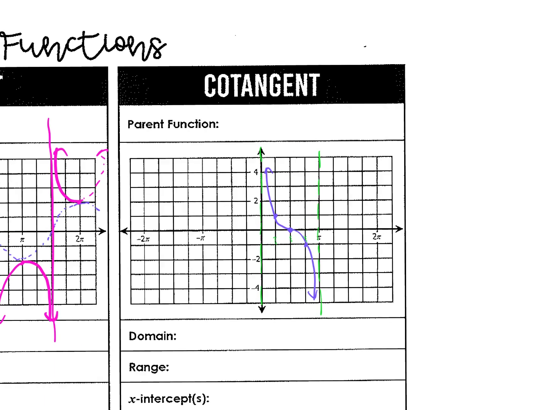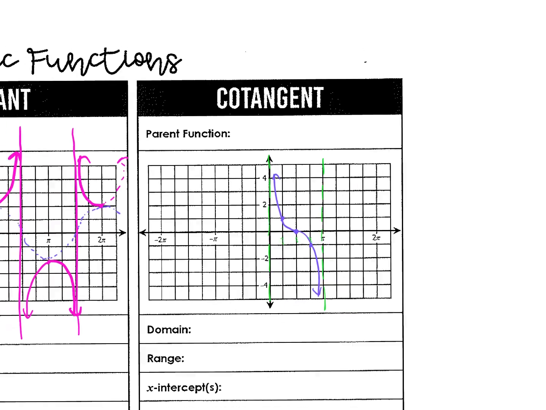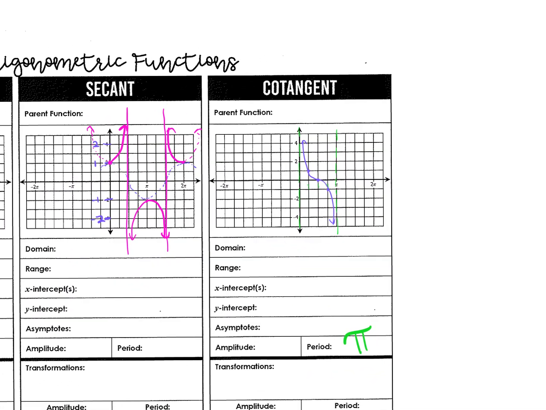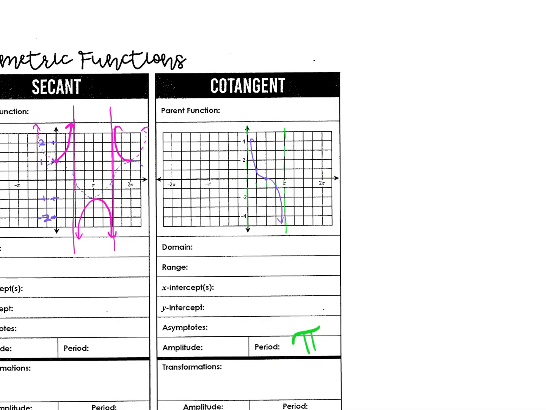So cotangent, remember, goes up to the left and down to the right. And it goes from 0 to pi. Okay? For a full period of pi. All right, let's take a look at